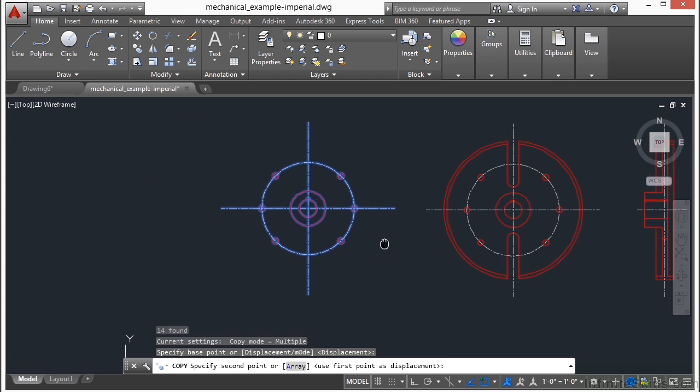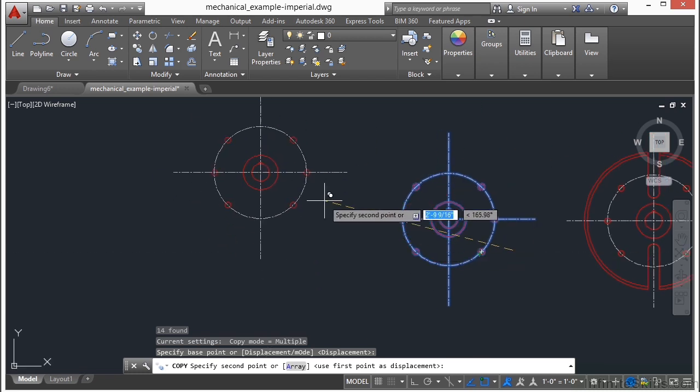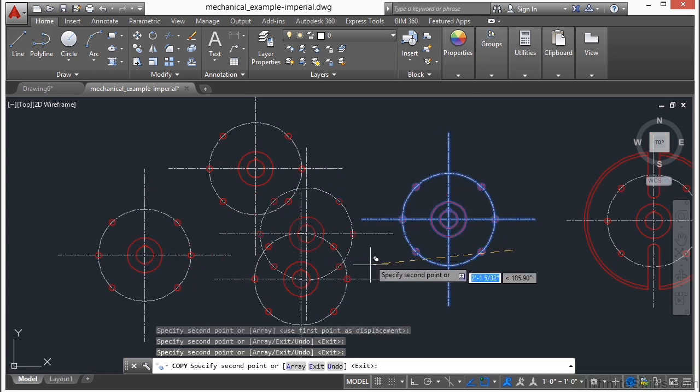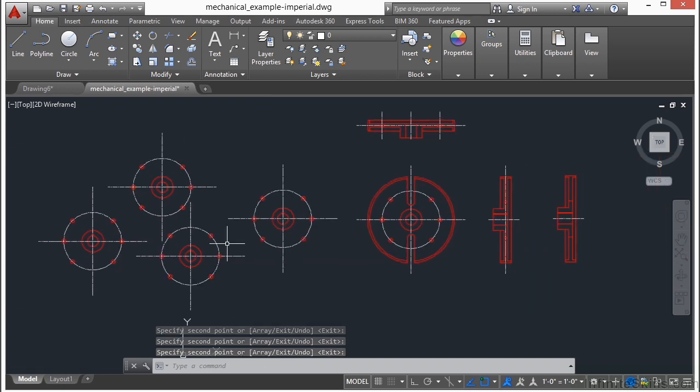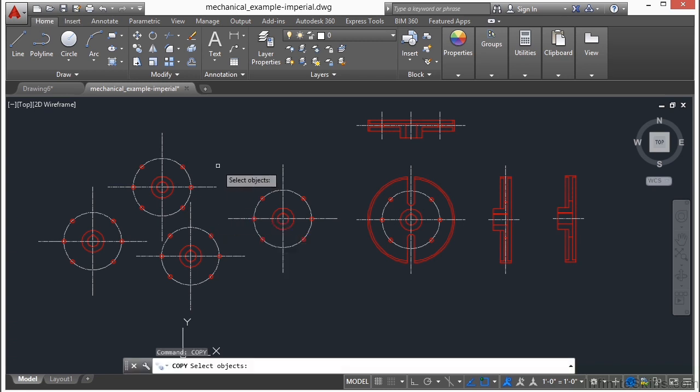I just need to select by left clicking my displacement point, and I can keep copying these all that I want to. So whichever method you want to use is perfectly fine. I've found that I've just gotten into the habit of selecting things first, and then I've picked everything. Now, one advantage that you do have by starting the command first,